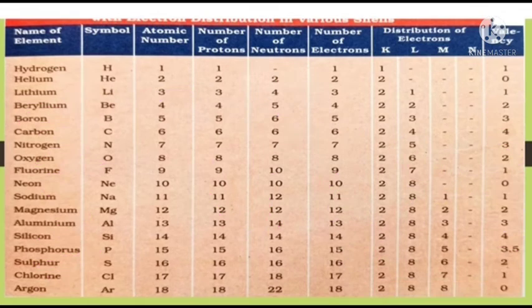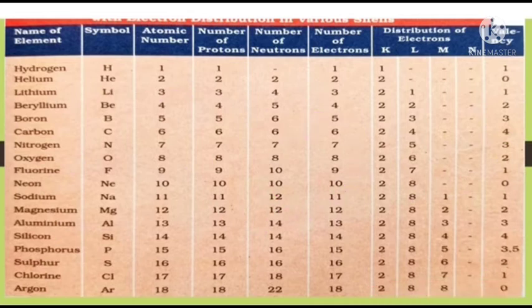For the s block elements, the valency of group 1 elements is 1 and of group 2 elements is 2. In the p block, the boron family has valency 3, the carbon family 4, the nitrogen family 3 and 5, the oxygen family 2, and the halogen family, the fluorine family, 1. The noble gas or inert gas family has valency 0.